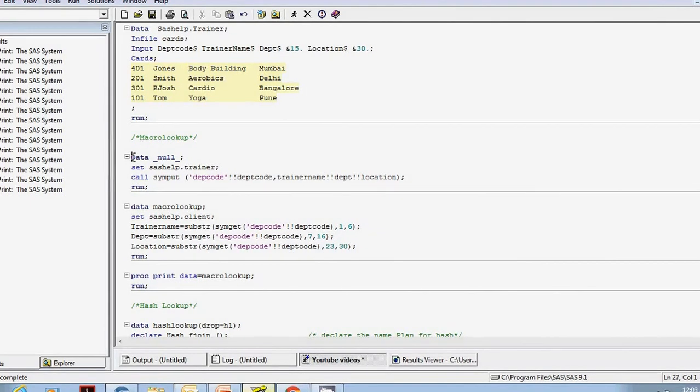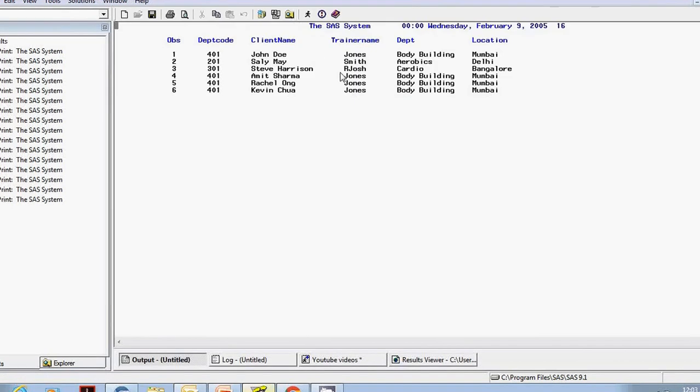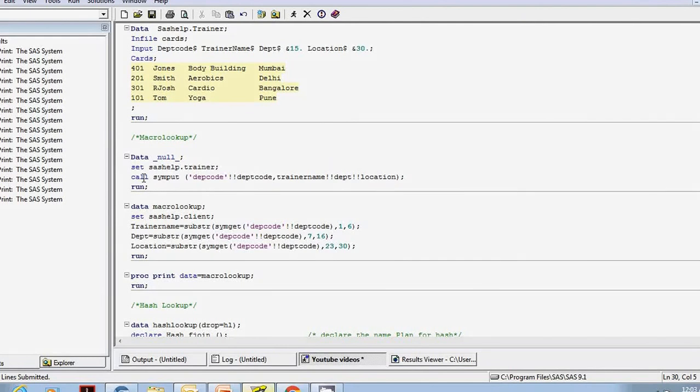So this way I can get the same result. I can define three macro variables here and invoke them in different ways, but I've just